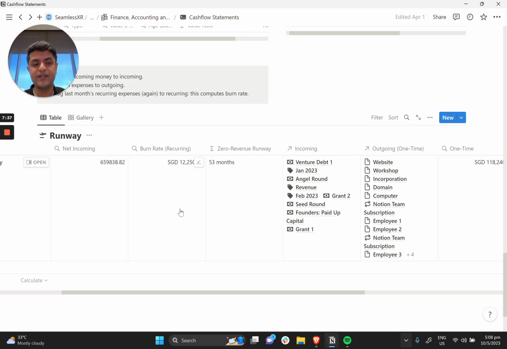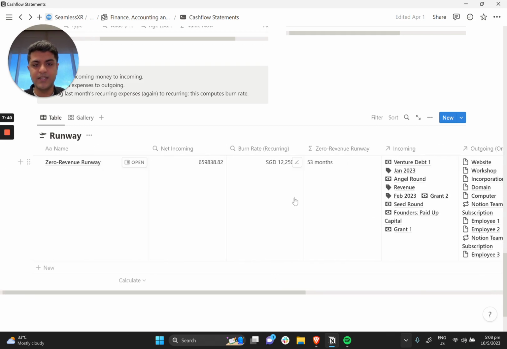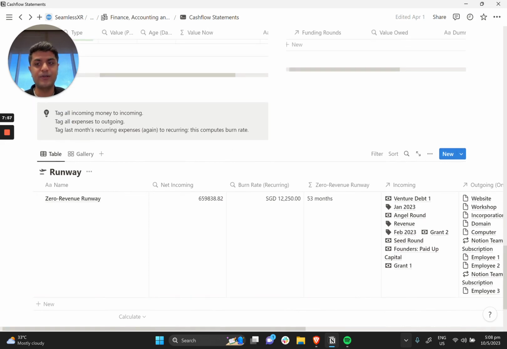So it will divide the amount you have left by the burn rate, which is your recurring expense, assuming that you have no income at all, and then it'll populate this number here, which is at the current burn rate of 12.25K per month. With what I have left in my bank account, the company can survive for 53 months, which is a pretty good deal. So you're healthy, right? And this will show up on your central dashboard in your finance statement. So that's basically